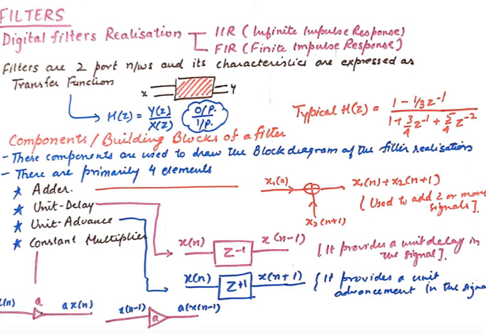And finally we have the constant multiplier. It is depicted on a wire using this small buffer-like triangle with a constant multiplier on top of it. So if you give an input x of n, you'll get x of n multiplied by a. In many cases you would need to multiply the signal with some constant value, which will often be less than 1. So you can simply write the constant multiplier, let us say 1 by 3 here, and your signal will get multiplied by that.